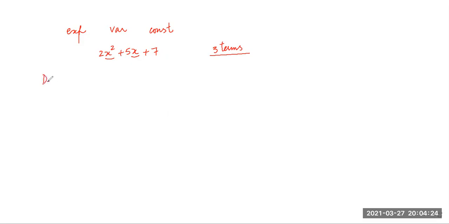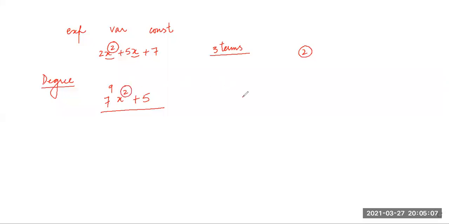What is the degree of a polynomial? In this polynomial, the highest power of any variable is the degree of the polynomial. Hence, the degree of this polynomial is 2. Here it is important: suppose we have a polynomial 7 raised to power 9 times x squared plus 5. Here, you can't say that the degree of the polynomial is 9 because it is a power of a constant. The degree of the polynomial is 2.